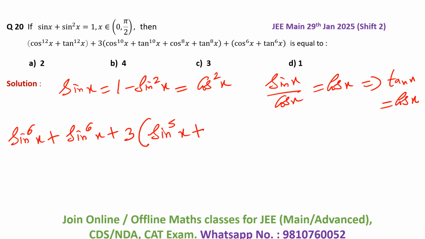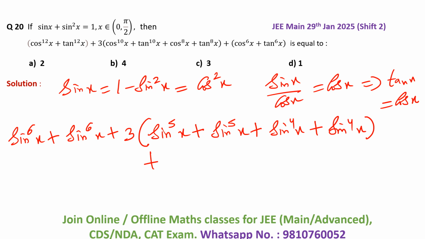Tan x power 10 again becomes same as cos x power 10, and cos x power 10 is same as sin x power 5. Then we have cos x power 8. That will become cos square x whole power 4. That means it is sin x whole power 4. Similarly, tan x power 8 is same as cos x power 8, which means this is same as sin x power 4. Now bracket close, and the remaining last two terms can be written as